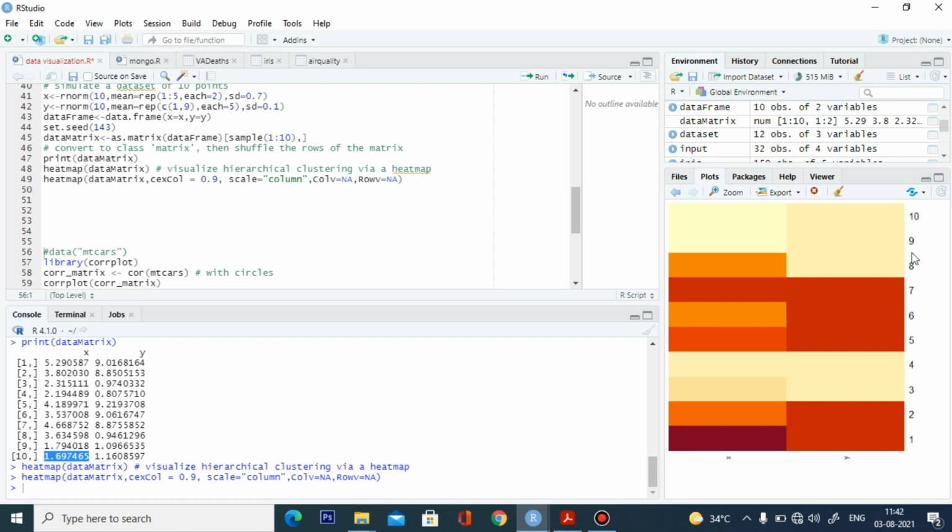Whereas the 10th, 9th and 8th entries have very low values, like 1, 1. The 8th entry has a very, very low value, which is 0.96. So based on that magnitude value, the intensity will vary. If the magnitude value is high, then the intensity is high. If the magnitude value is low, then the intensity of the color is low. So this is the way of representing two axes, with the third dimension as the intensity of the color.